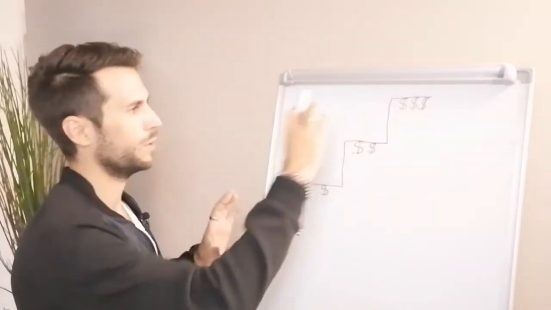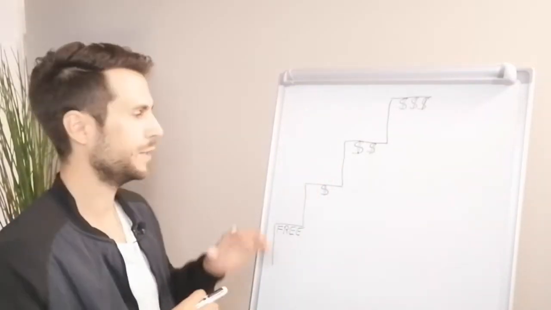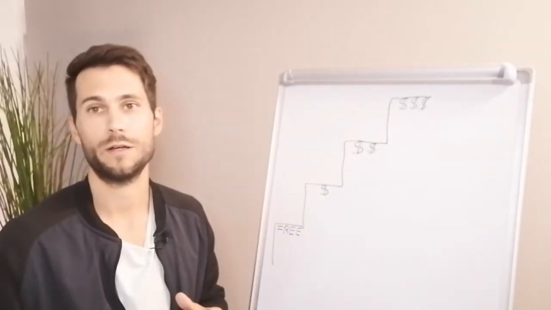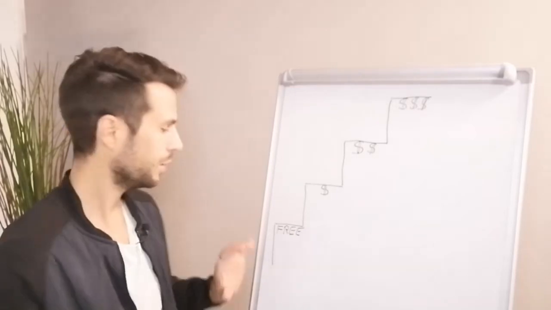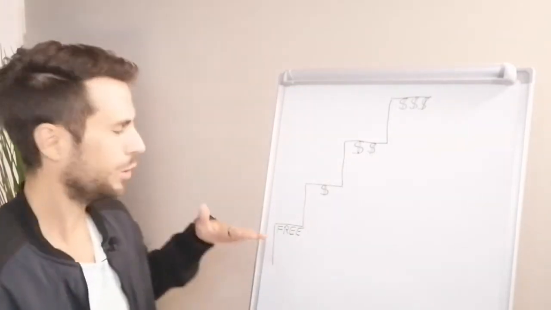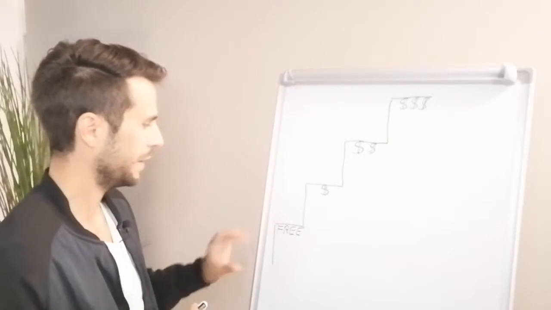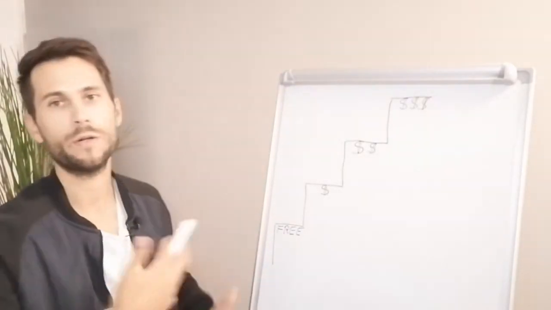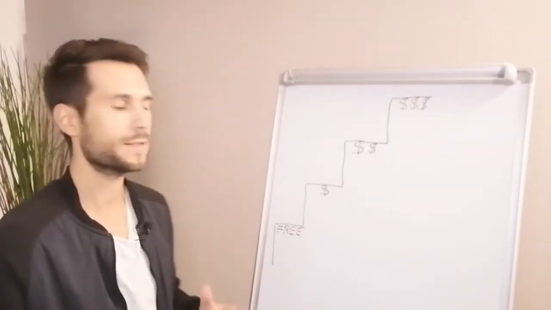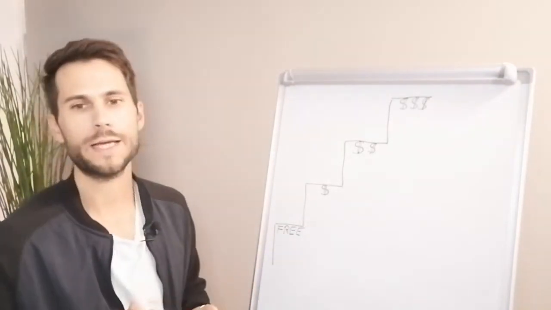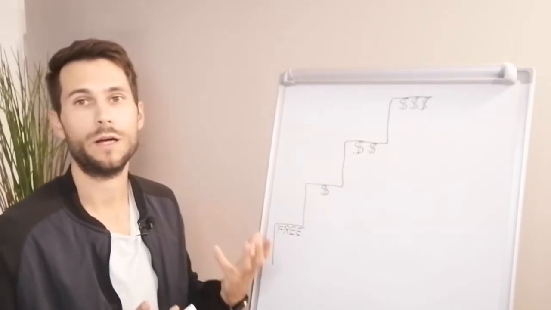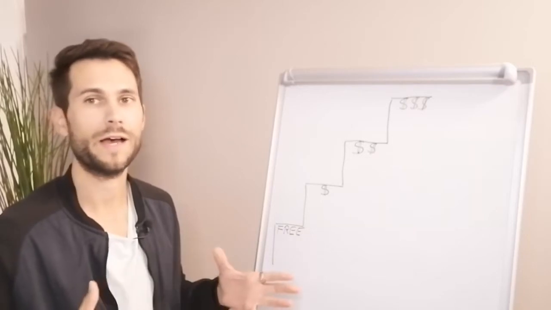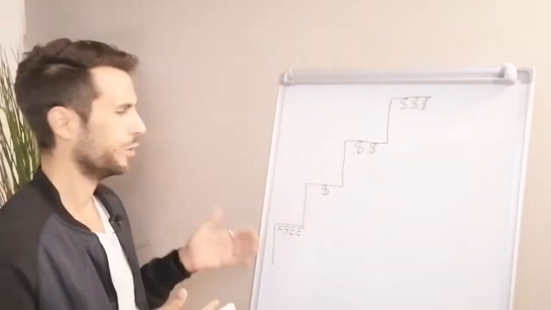And I will map out and show you exactly why we need to be using different funnels on each of these stages, and that you can start to use them right away. So let's start at the bottom, on the lower rung of the value ladder, and this is where we start out with free content. This is where we start out with building up trust, showing our expertise. And with the free stage, we usually have different distribution channels for providing value. It could be a YouTube channel, it could be on social media.